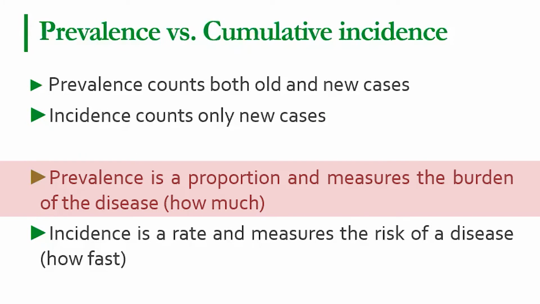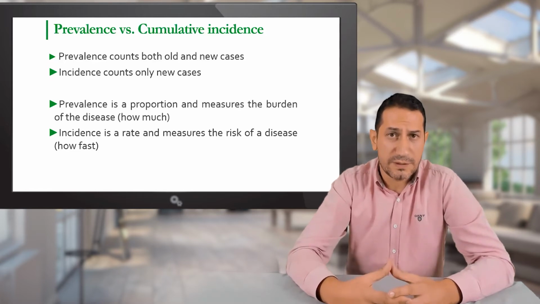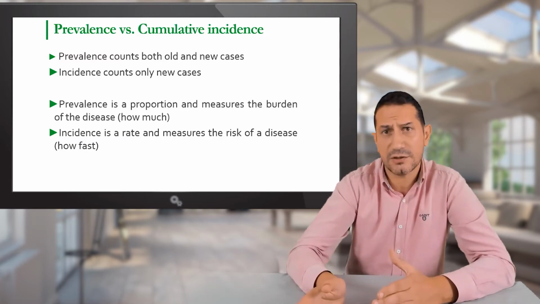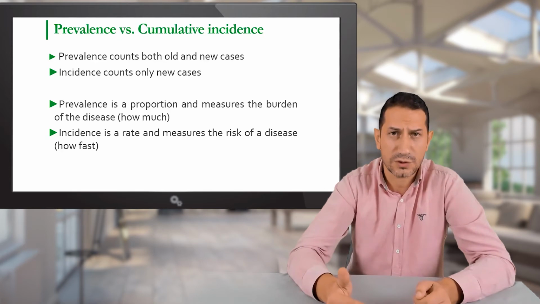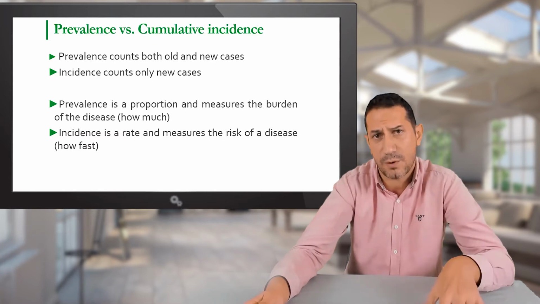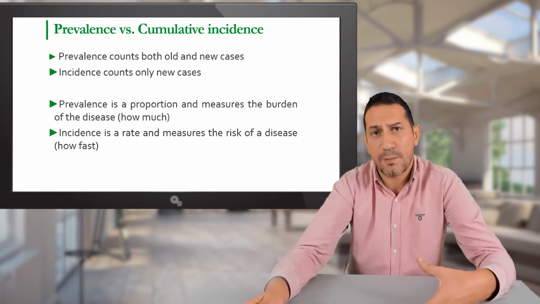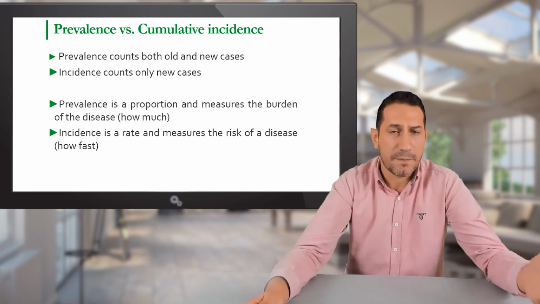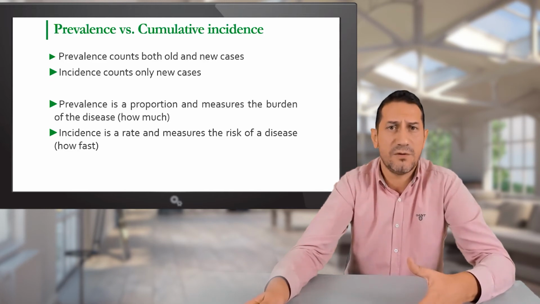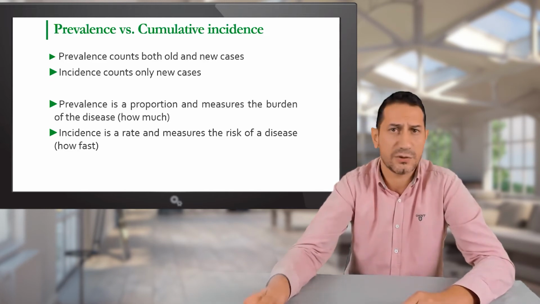The prevalence is a proportion, and being so, it measures the disease burden. So it's telling us how much of a disease is out there. And it's a very useful tool, especially for policy making, because it tells how much disease is there. Too much? Is there too little? Do we need to deploy many resources to control it, or do we deploy fewer resources? Because depending on the magnitude of the problem, we adapt our policies. So it's, let's say, the number of vaccinations needed, or the number of vets involved, or the other resources. So it's a very useful